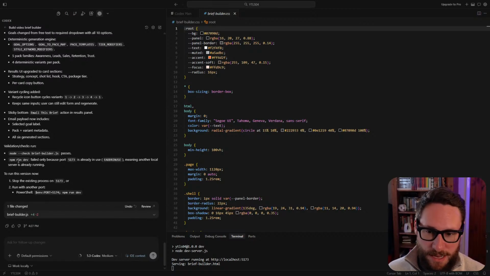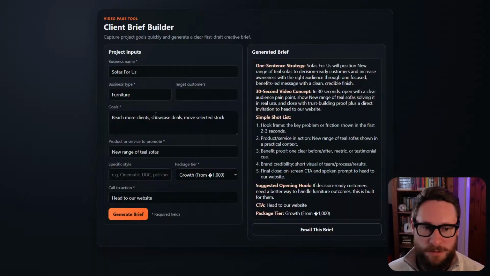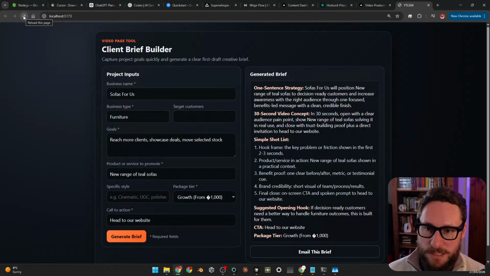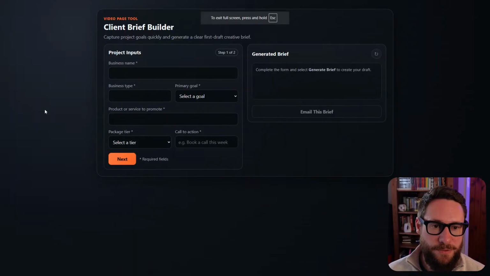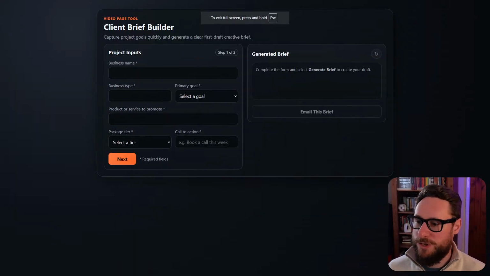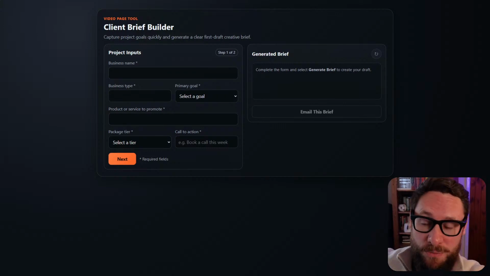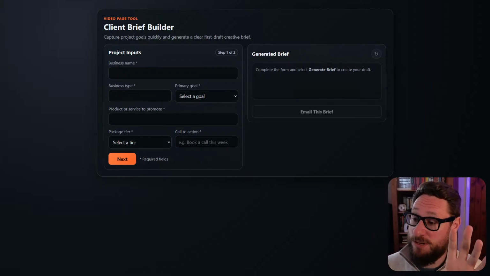Okay, so now we can run npm run dev again, or we can just refresh, I think. So let's have a little look and see. If I go straight back to the URL that we're on, reload the page. Okay, cool. Version 2 of our little web-based form that we're going to embed into the new website,